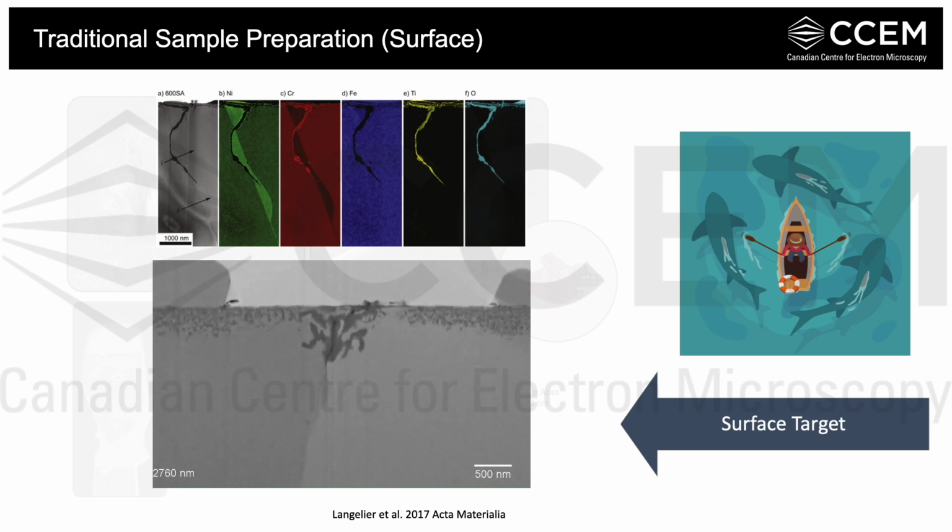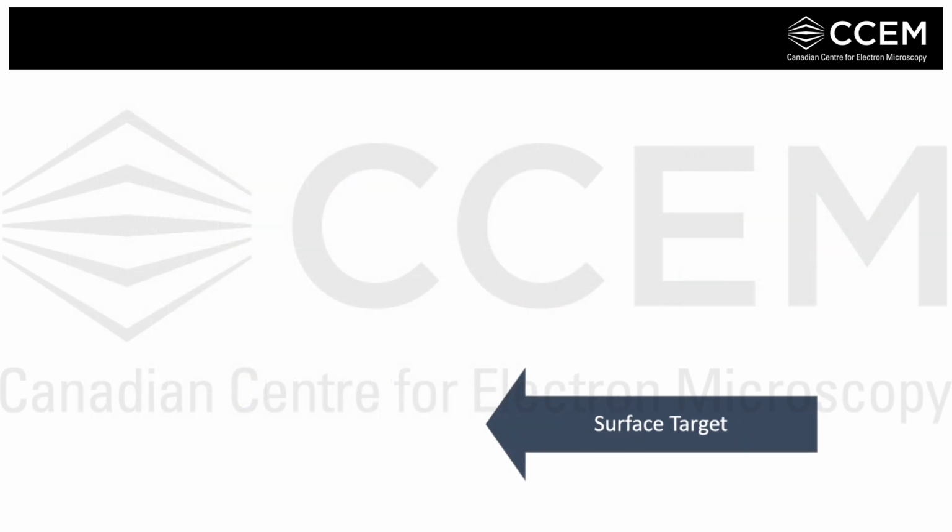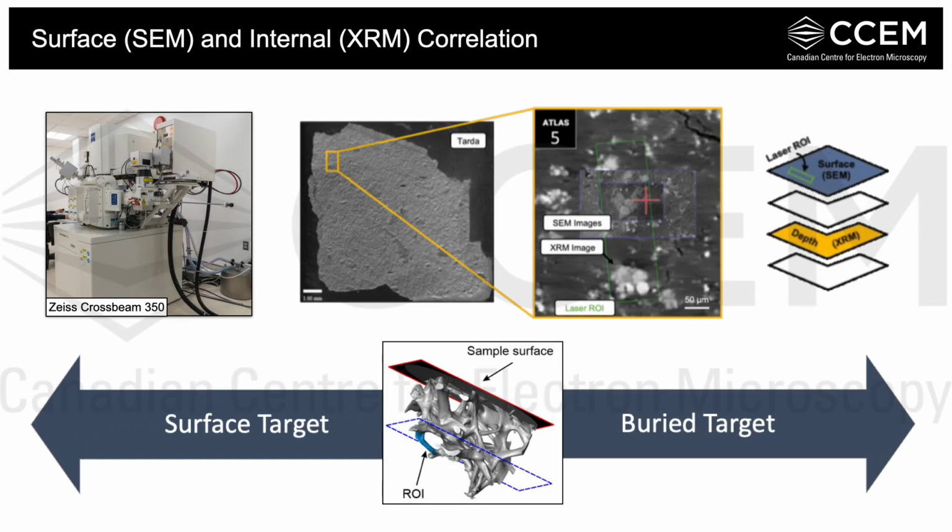So in this situation, if I take my liftout for AtomProbe at this location, is my tip on one end of the liftout going to capture the same feature 15 microns away at the other end? And if our boundary is propagating like this, it's not going to be the case. So it's the same idea with the XRM data in that it provides us with the same context to guide the preparation of our liftouts for AtomProbe and TEM.